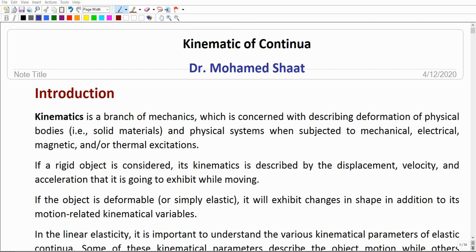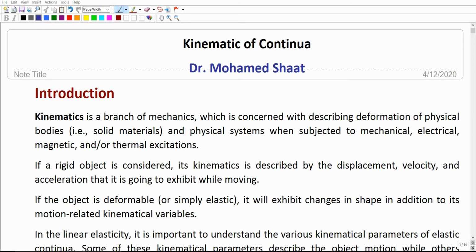In today's lecture, we're going to discuss the kinematics of continua. It means that we're going to be interested in covering the different parameters that would be used for describing the kinematics of a continuum. In the previous meetings, we already discussed the